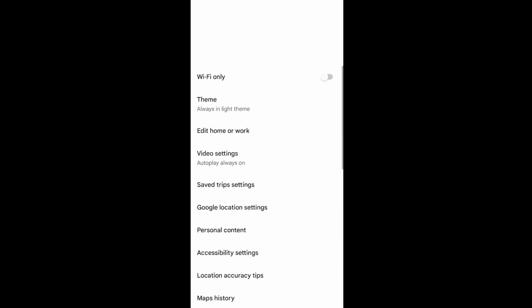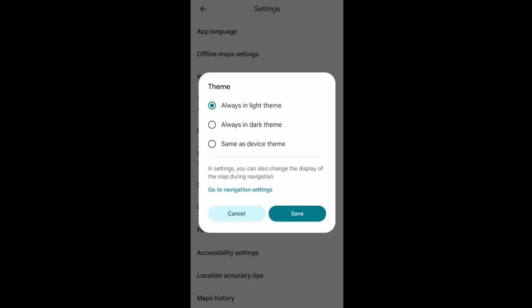Click it, and here in settings we have theme, and it's going to be always in light mode. So click that and select always in dark theme and click on save,